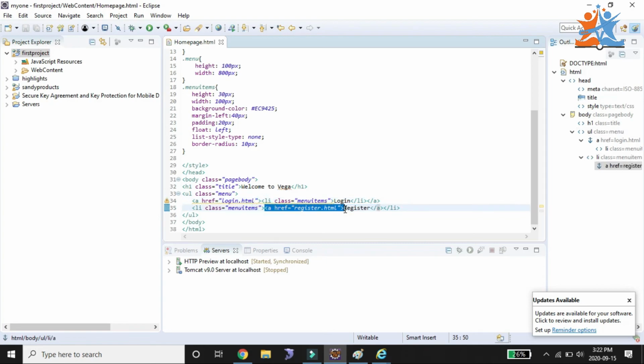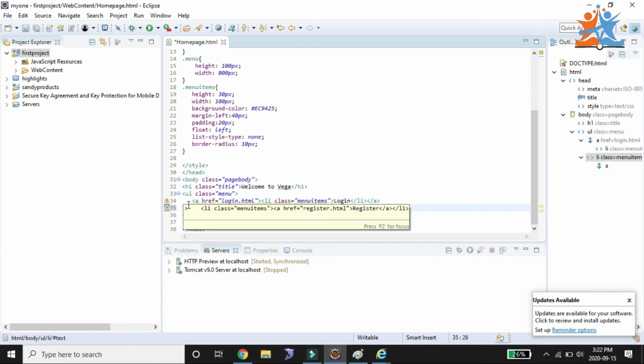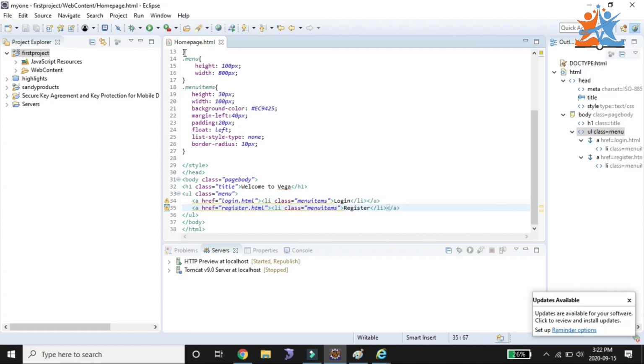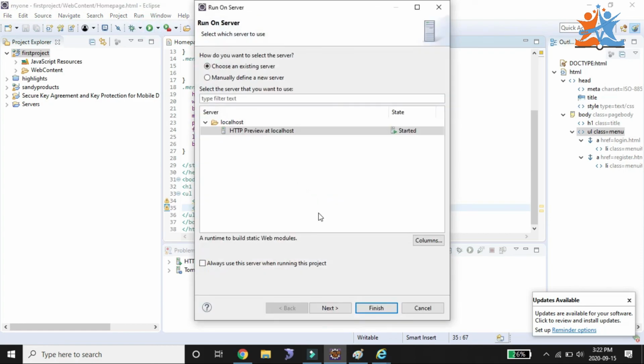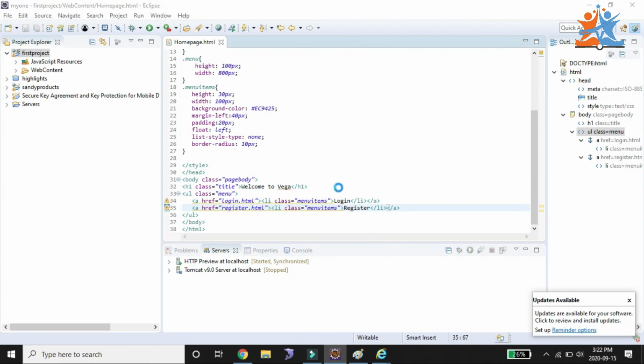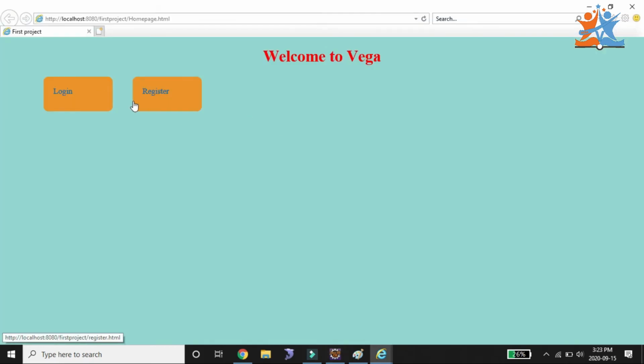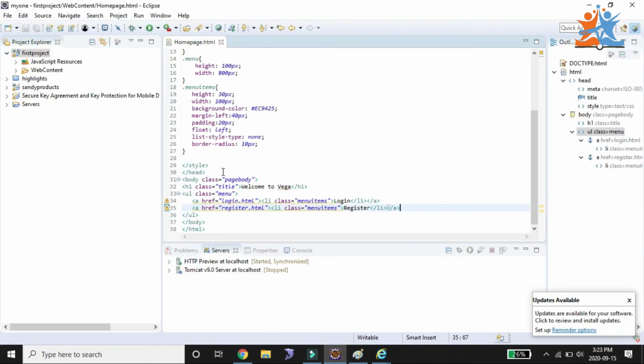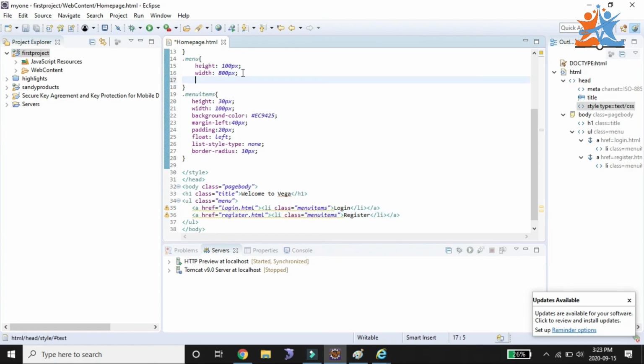register also. Cut it, and we can do it here. Increase, and here the anchor tag of the element we will place here and save it. Run your application. Finish. So we will get it. After that, I will move the menu to the left side.